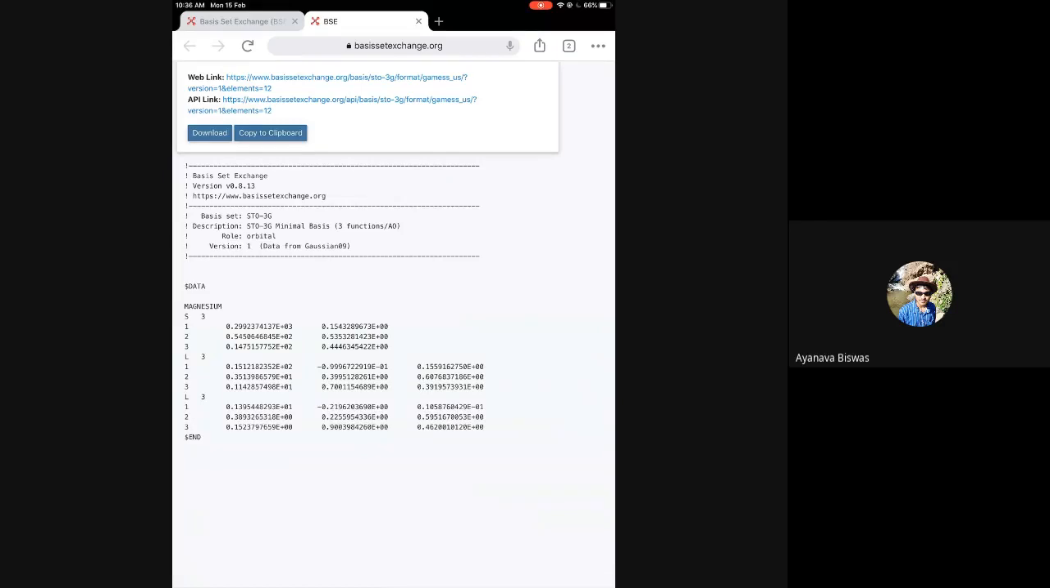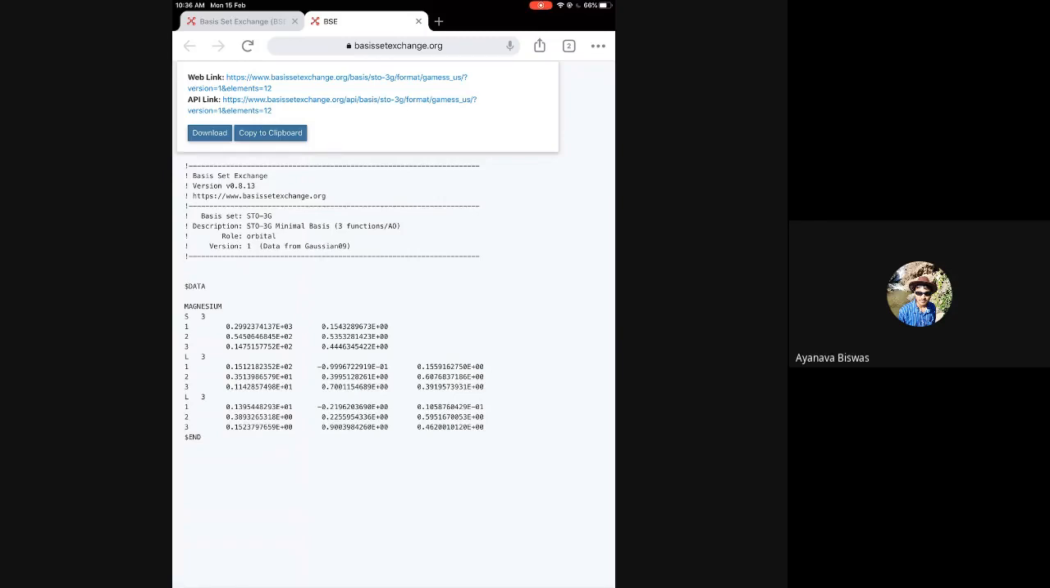So the basis set will look like this. You have the magnesium atom. This is the first s orbital. The innermost core orbital of magnesium, the 1s orbital, is represented by 3 functions. This 3 is there to help the code know how many functions to read after that. So 1, 2, 3. The first function has an